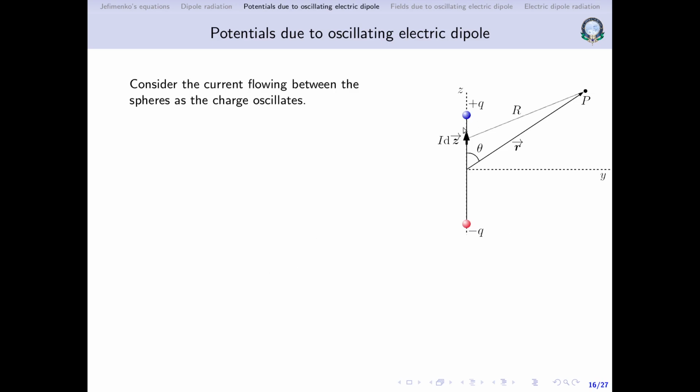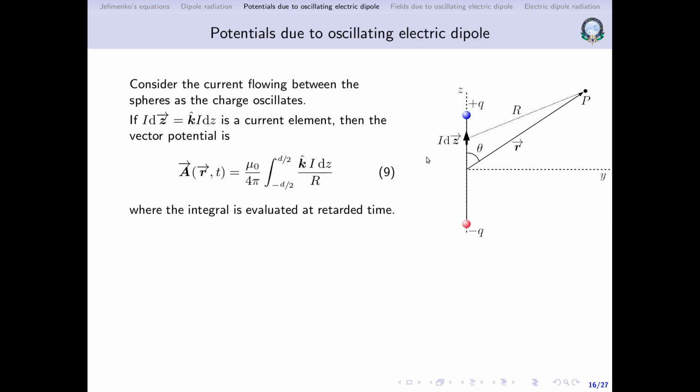Again we go back to the same physical dipole. We have a plus q and a minus q here. Because we are making the charge flow in a harmonic manner, there is some current flowing through this filamentary wire. Because we have current flowing through this filamentary wire, we could talk about a current element. So I dz is the current element, and this is the separation vector which is r. So we can find the vector potential. The vector potential is mu naught by 4 pi times the integration of the current element divided by the separation distance. I've just used the definition of the vector potential.